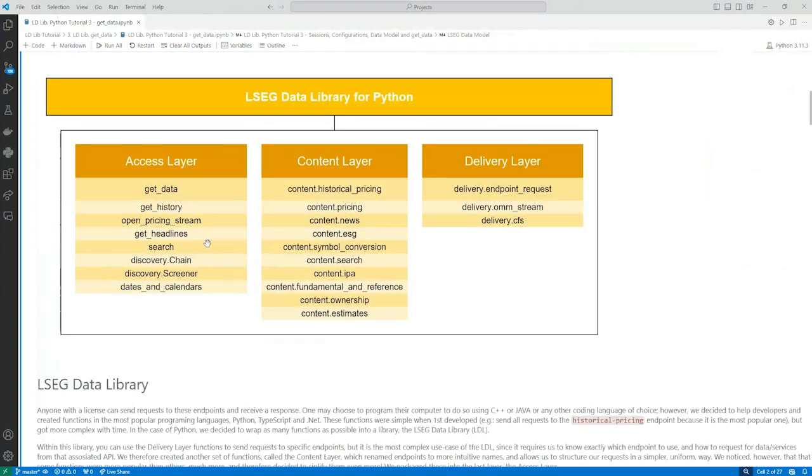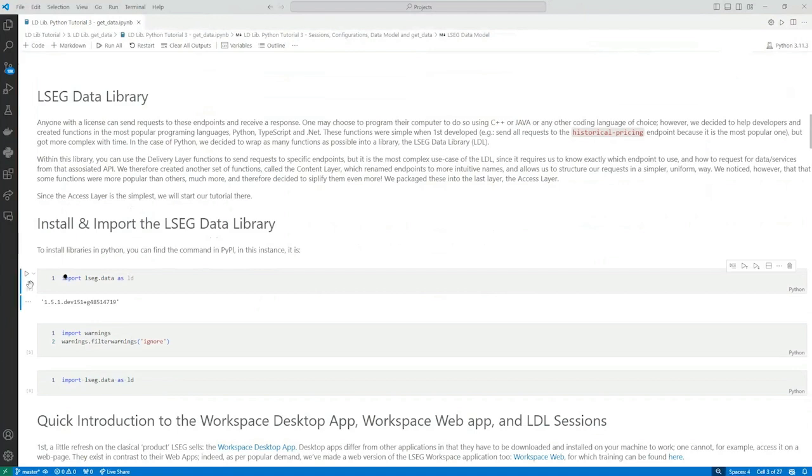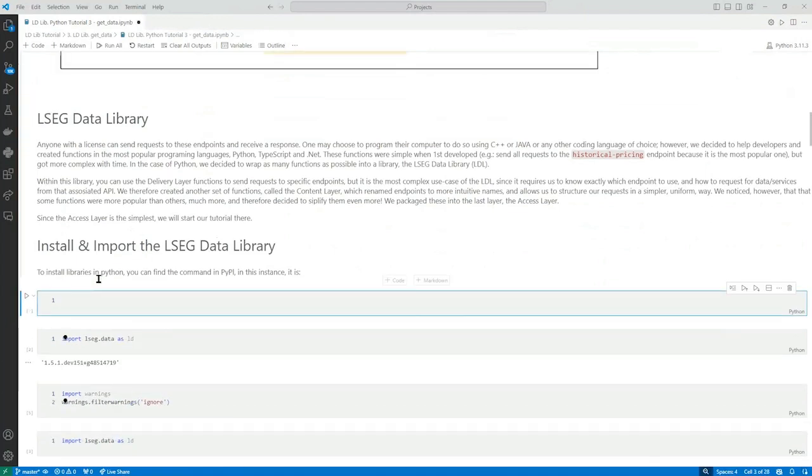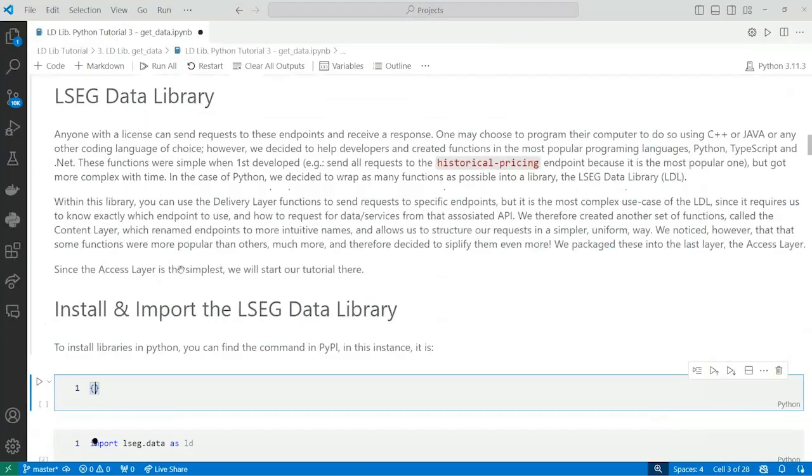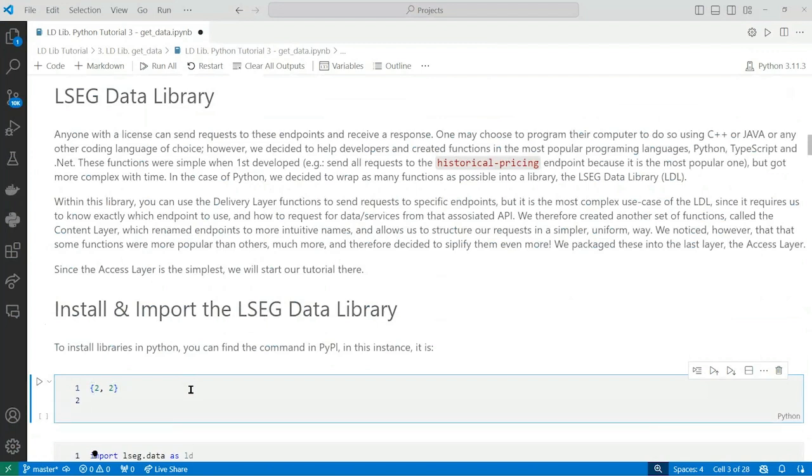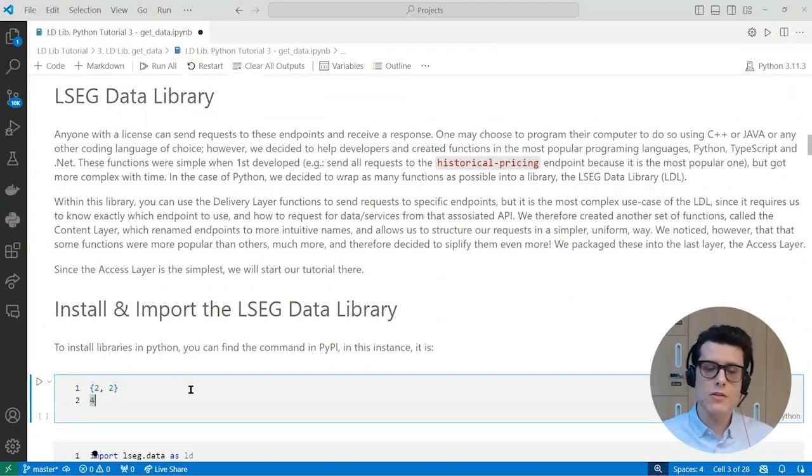What you could be sending could be something like, let's zoom in a bit more actually. It doesn't have to be a database. You don't necessarily have to request data. So here, for example, I could be sending 2 and 2, and then the endpoints might be returning 4. You see, what's going on here is that I'm not sending a request for data. I'm not sending a request for closed price for LSEG yesterday. Instead, I'm sending some data, and I'd like the endpoints and the server behind the endpoints to do some calculation